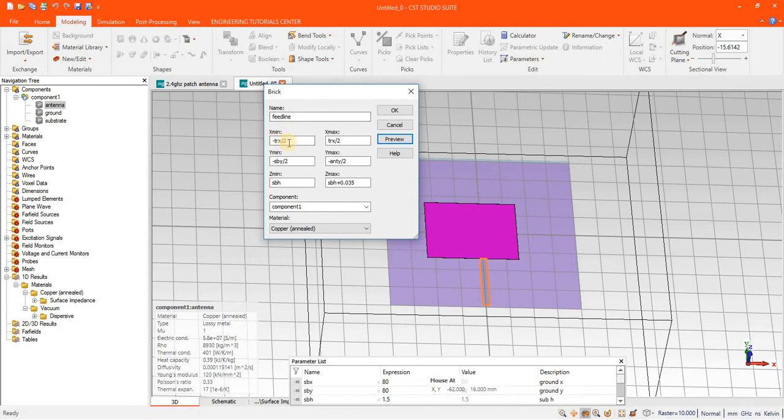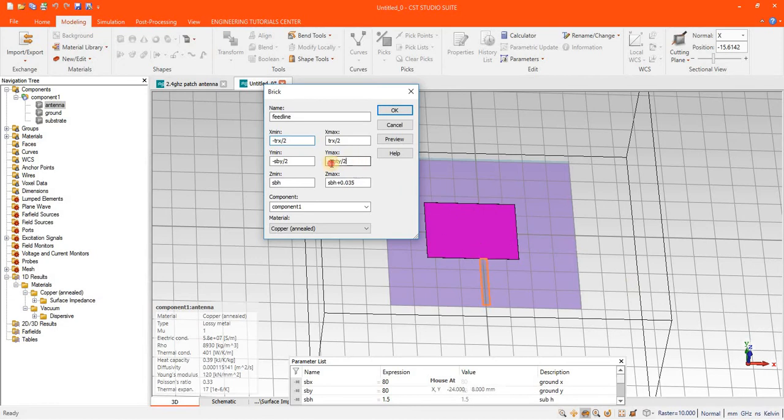From here you can see that the starting position for x minimum and x maximum is basically the transmission line dimension, but here y minimum is the starting point. This is the y-axis, so y minimum is the substrate y, because the starting position is the end of this substrate, and y maximum is the start of the substrate.